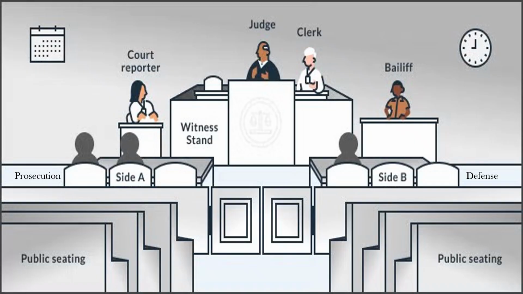Now let's talk about different positions in the court. First, we'll discuss the judge. The judge is responsible for making sure all court rules are being followed that have been established by law. They also ensure the court is proceeding in an orderly fashion and hear and decide on objections made by the attorneys. In a bench trial, they are the ultimate judge in deciding whether the state has met the burden of proof, which is beyond a reasonable doubt.